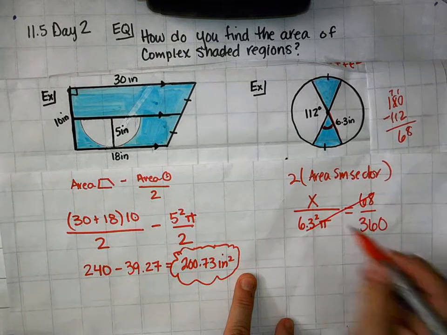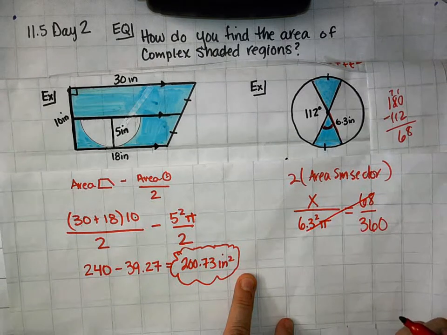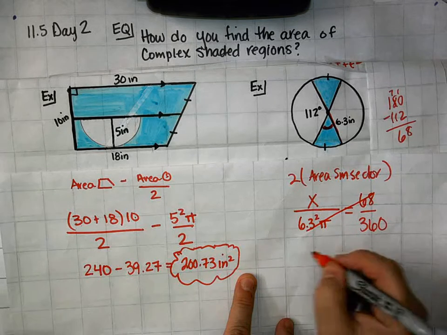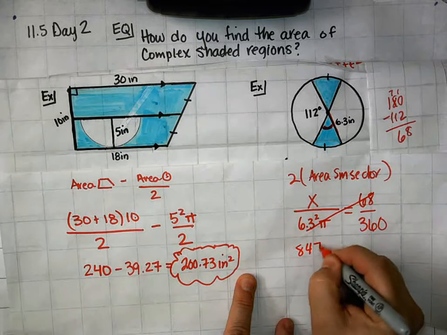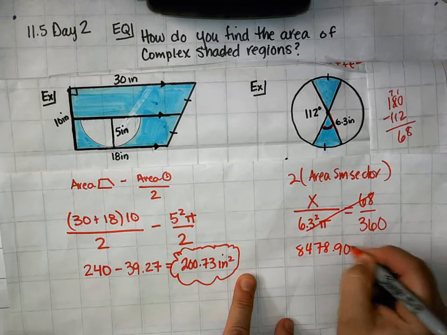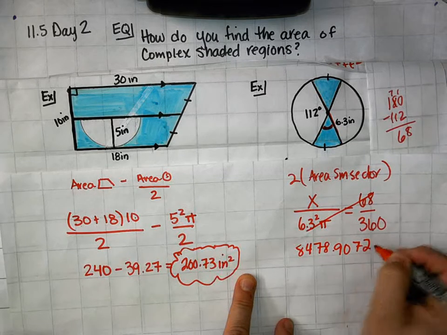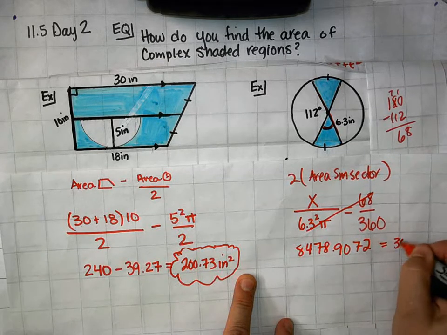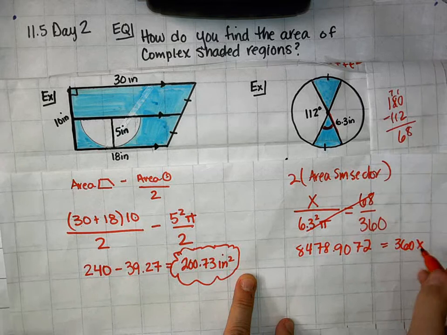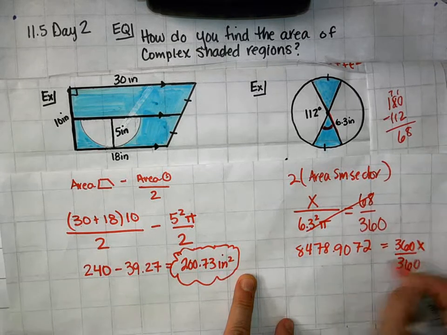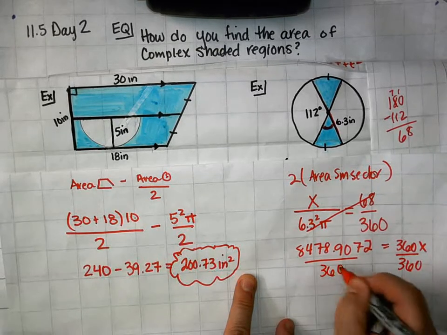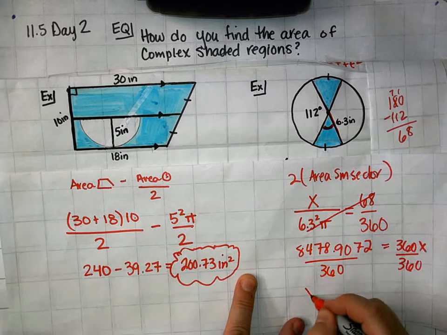So when I multiply 6.3 squared times pi times 68, I get 8,478.9072 is equal to 360x. When I divide by 360, I'm going to get x is equal to